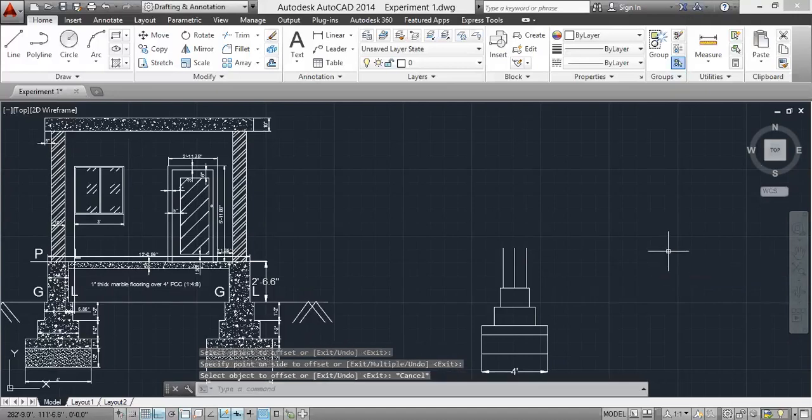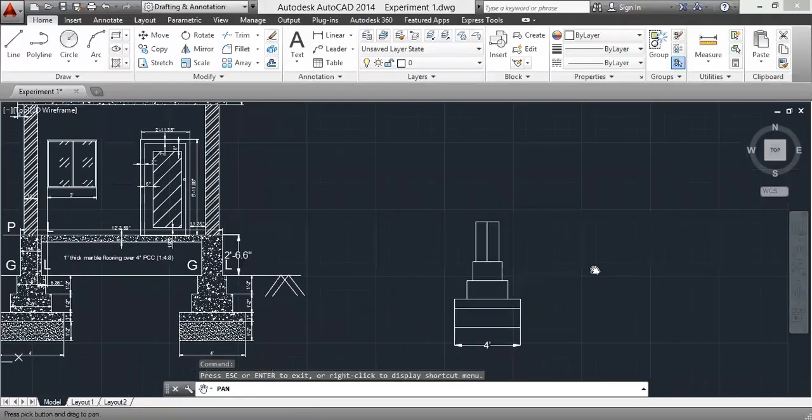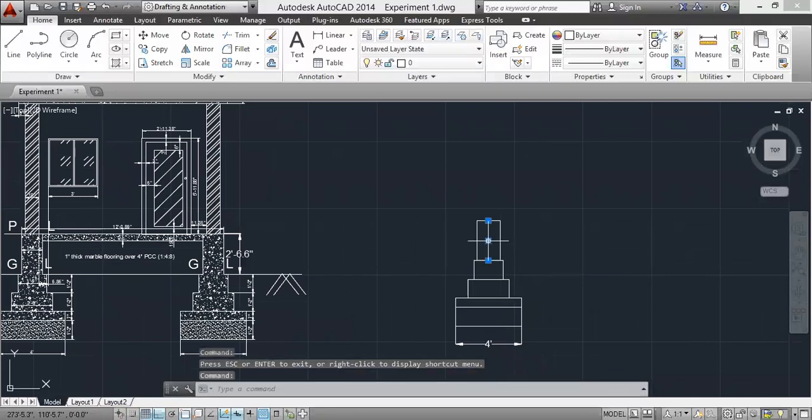Take the line command and close this, right? This is actually the foundation.